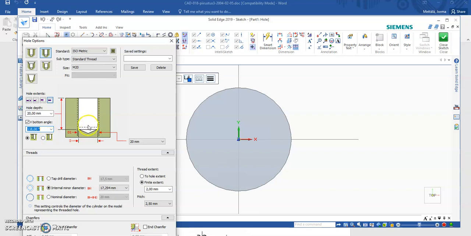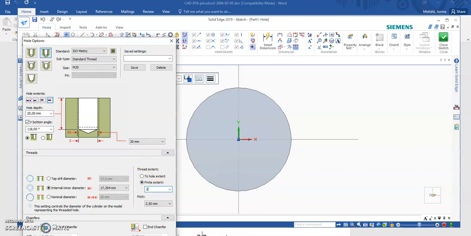Okay, and then I can also select hole depth, full length, and fixed extent. Here I can give that thread